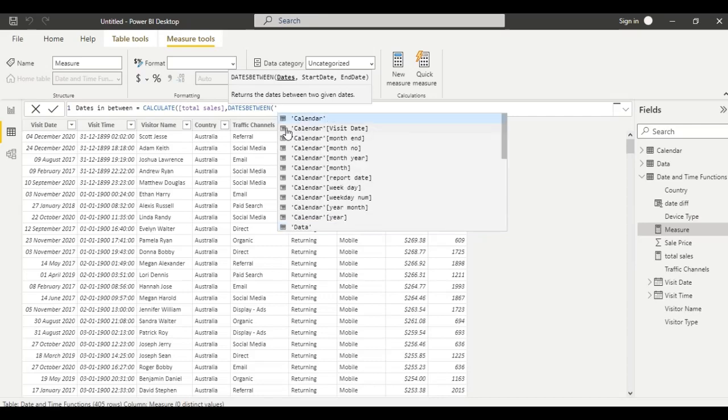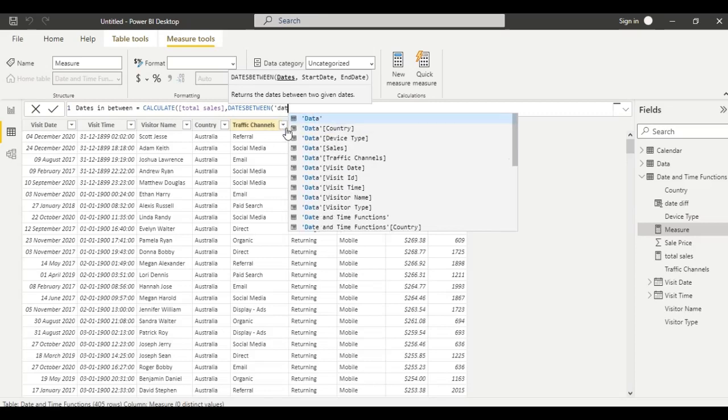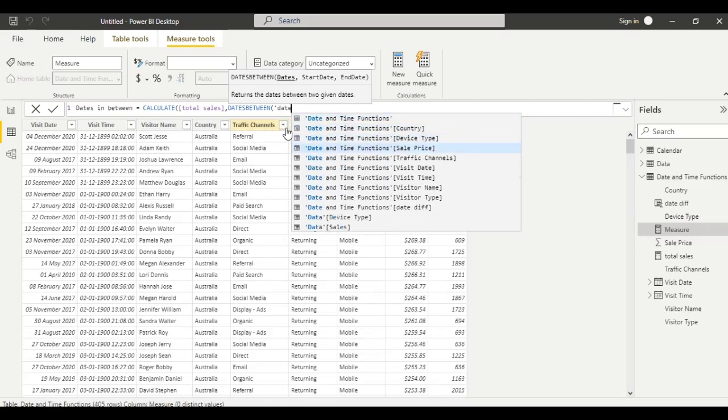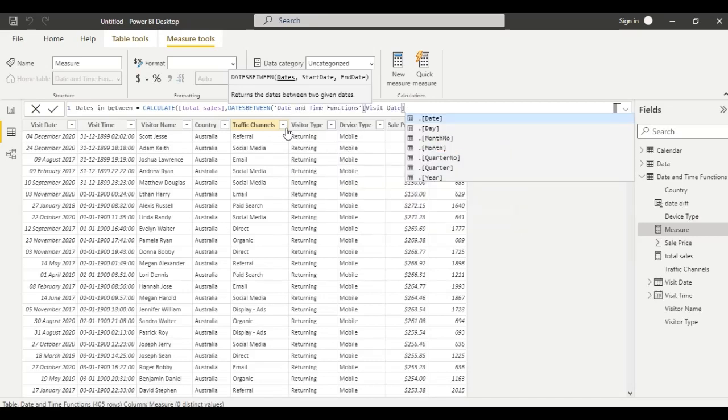In this we have date values in visit date. Date and time function, select the column visit date, comma, select the start date.